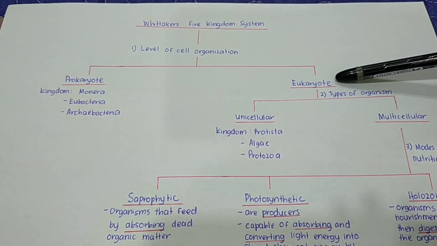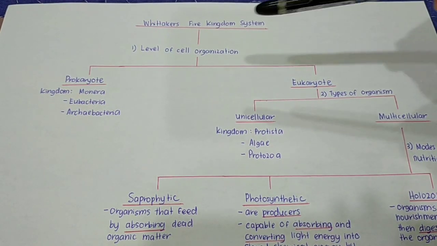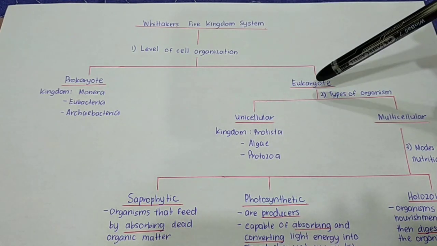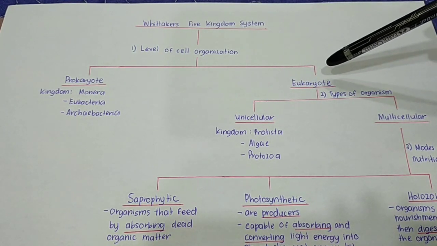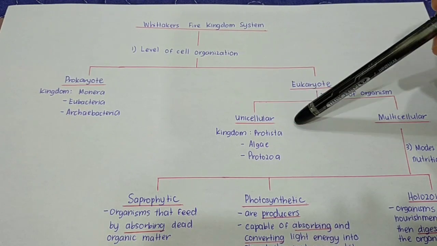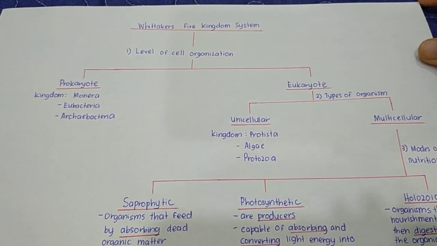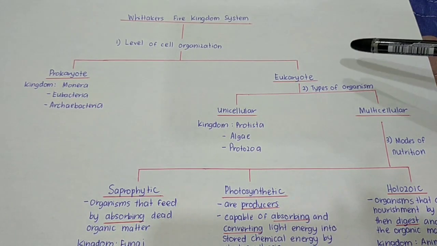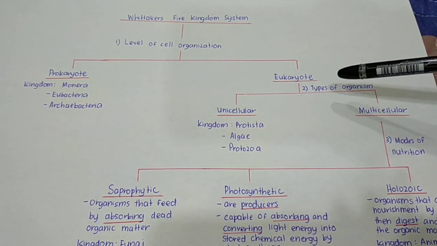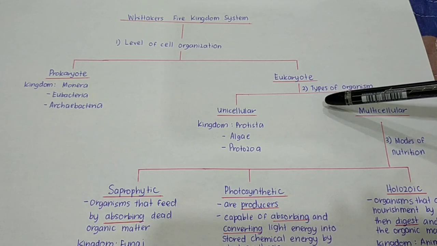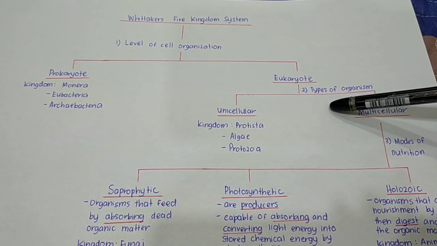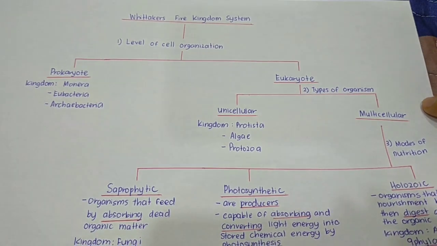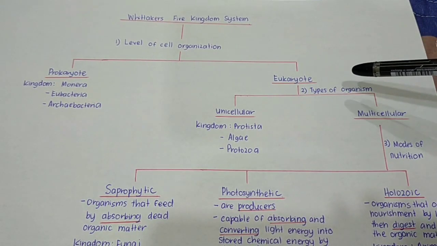Okay, but for eukaryote, okay, so maksudnya tadi kita ada 5 kingdom kan. So there are remaining 4 kingdoms. Okay, so maksudnya 4 kingdom lagi semuanya adalah eukaryote. Okay, but for the organism which is eukaryote, we classify again either the organism is unicellular or multicellular, or we classify based on types of organism.